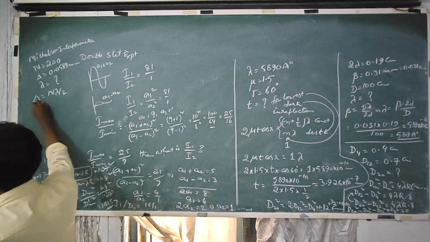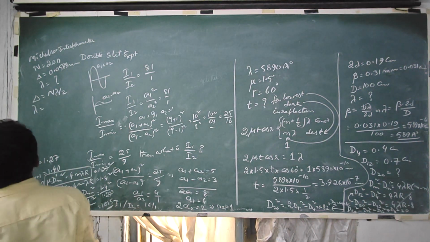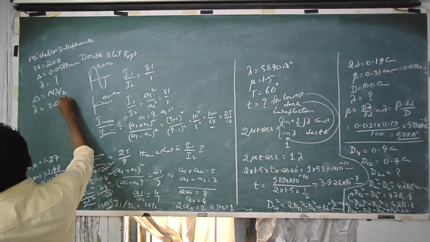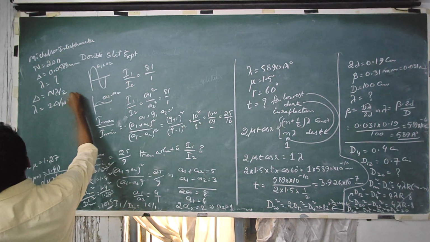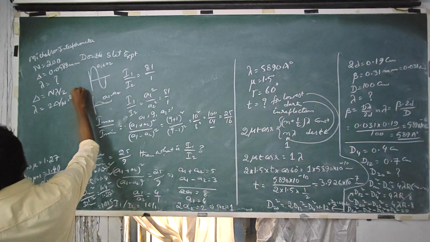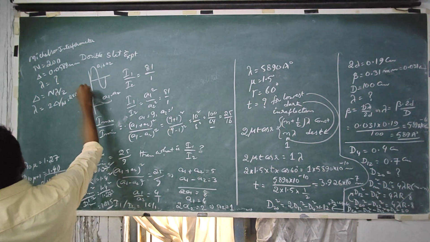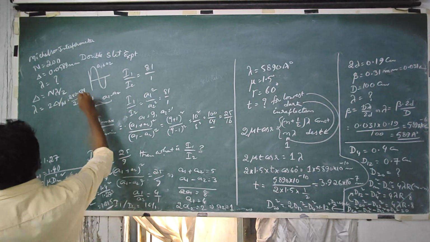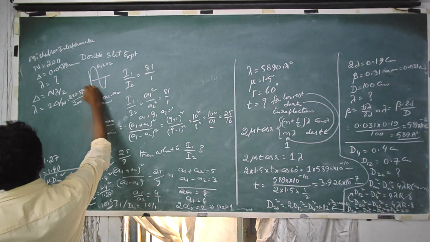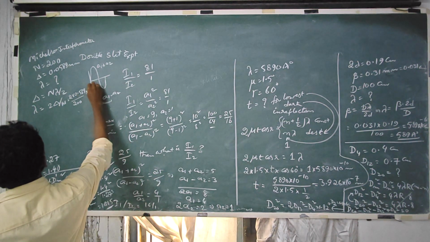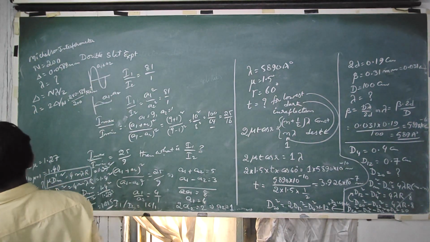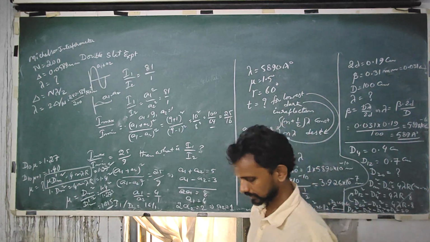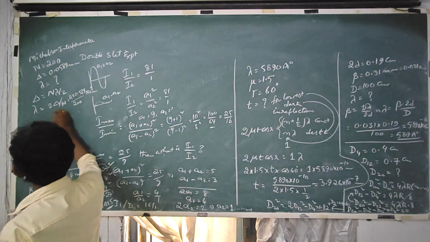From this we need lambda. Lambda is equal to 2 delta by n. 2 into 0.0589 by 200 into 10 power minus 3, since it is in millimeters, 10 power minus 3, which is